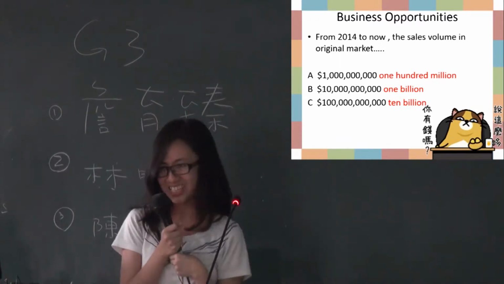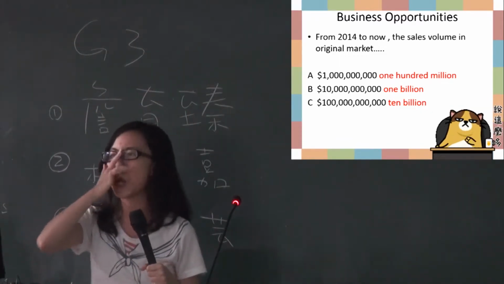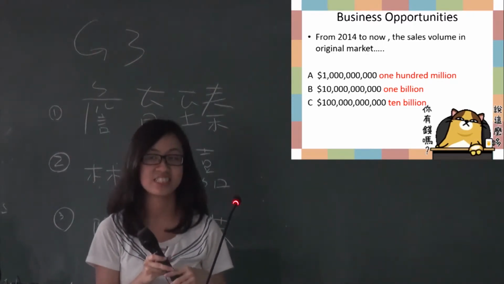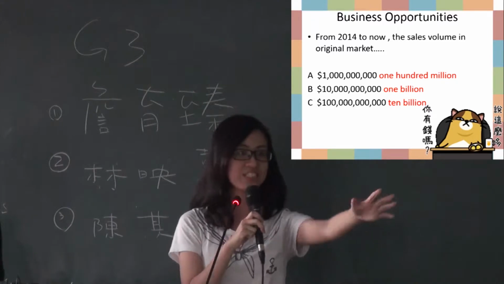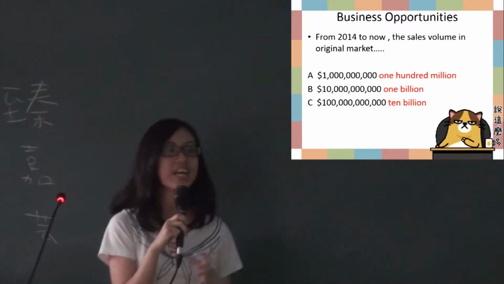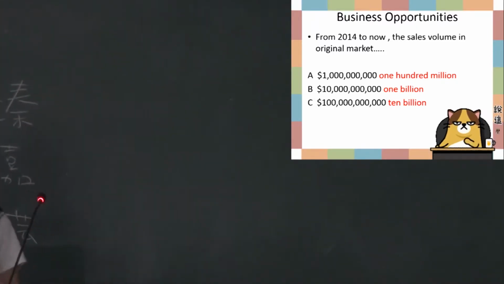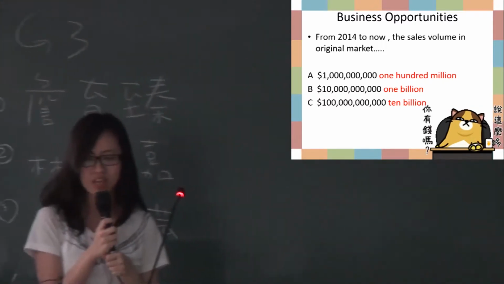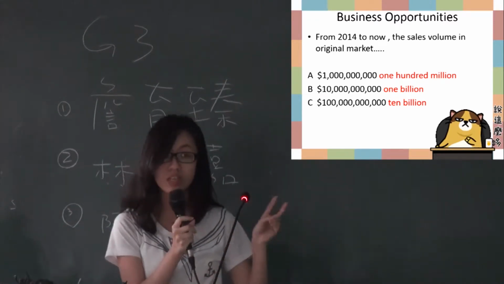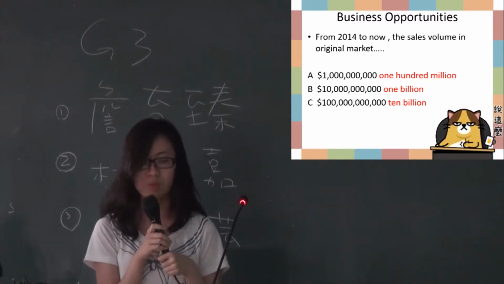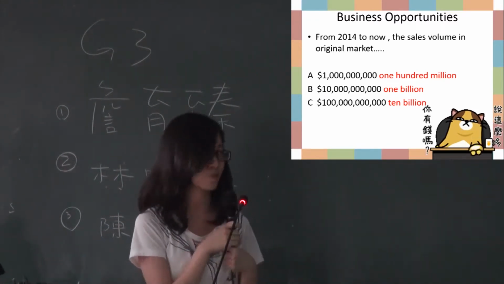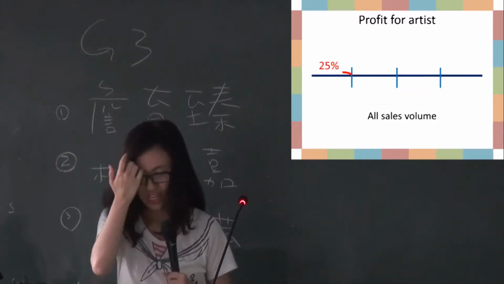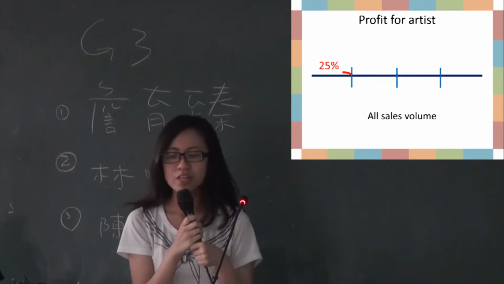You can just guess. Okay, which one? Yes, B is the right answer. From 2014 to now, the sales volume in only the original market is 1 billion，就是原创贴图至今已经制造了10亿元的销售量。